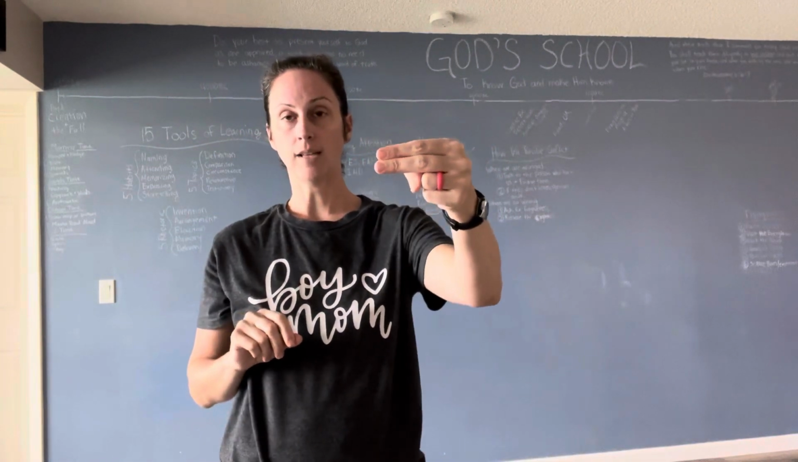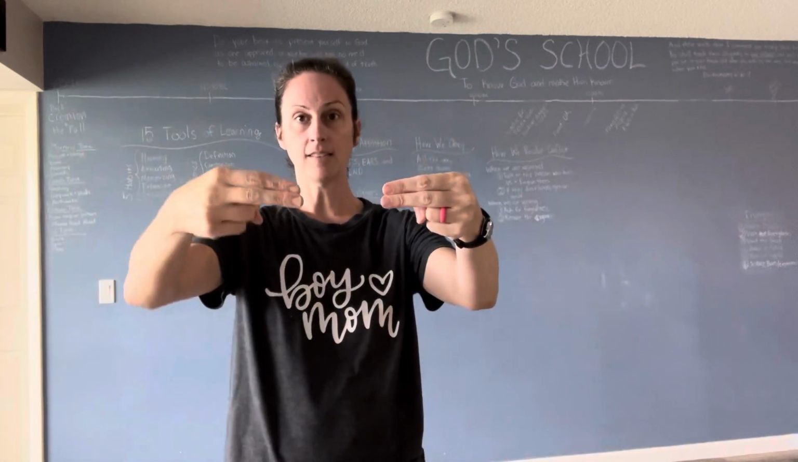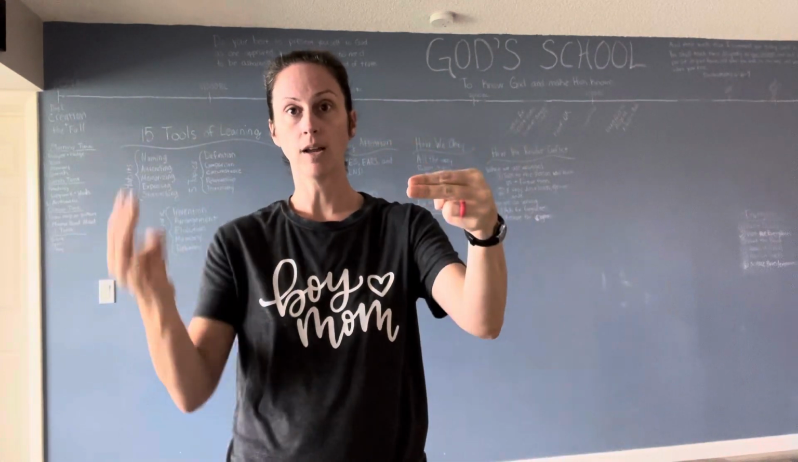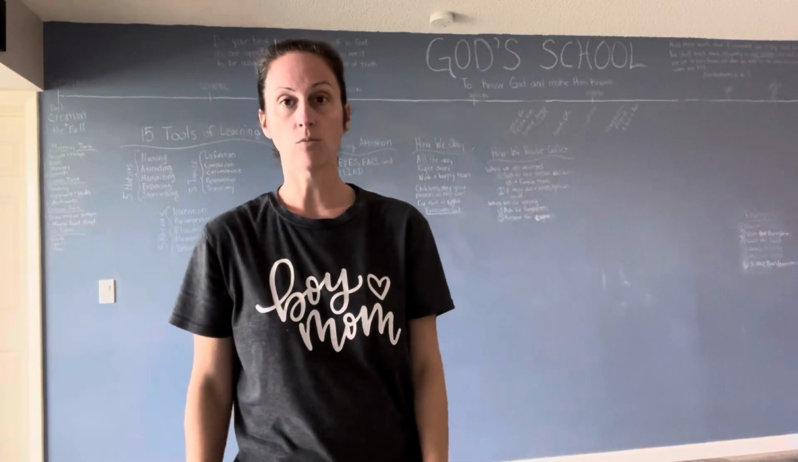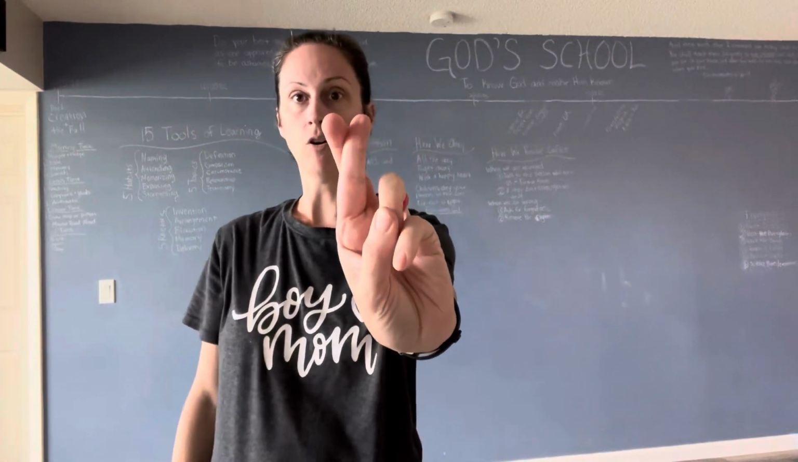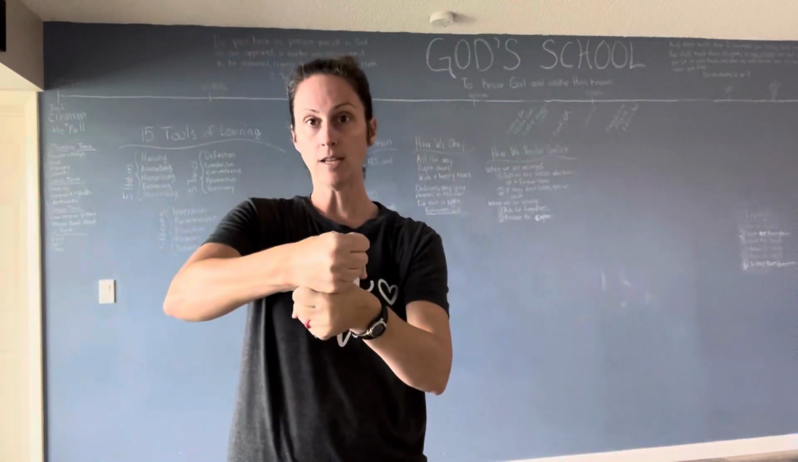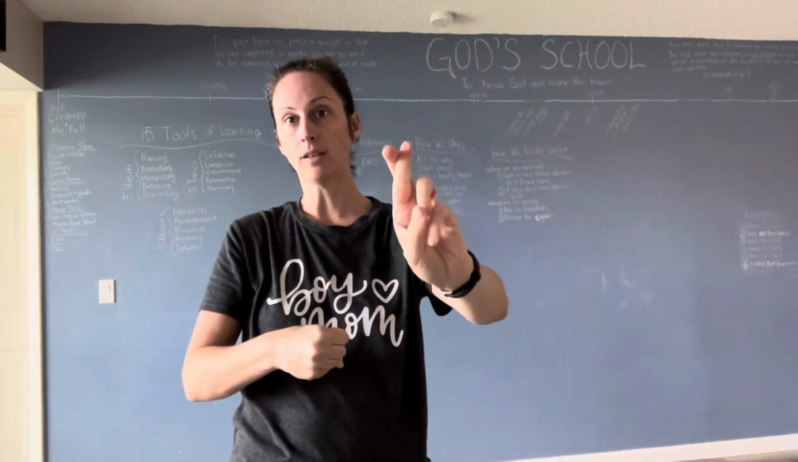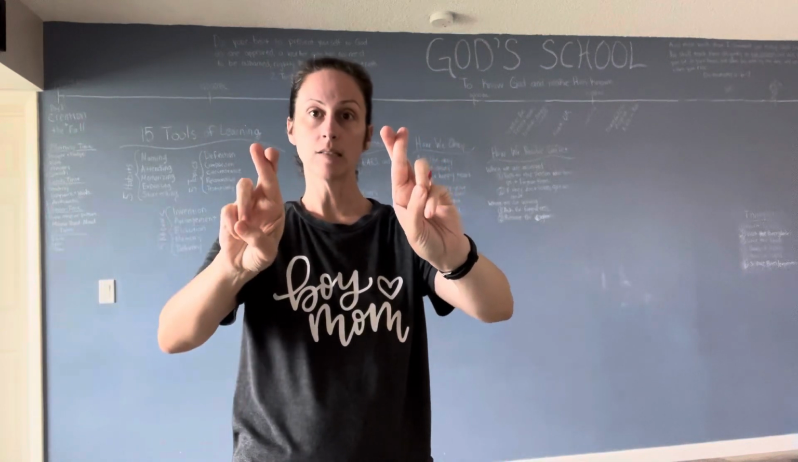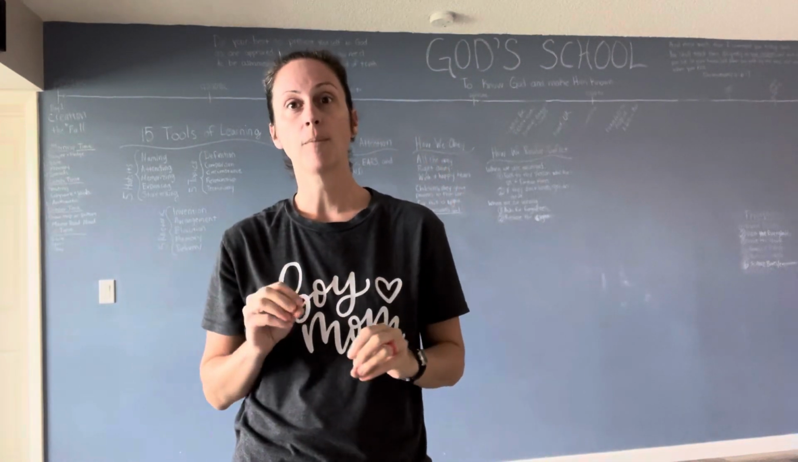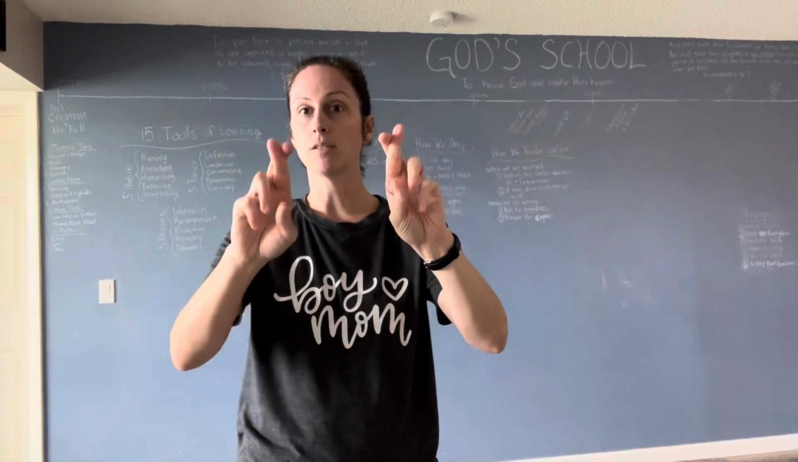Homer is a sign language H, and Hesiod, 2 H's. Homer and Hesiod. And then Rome is a sign language R, which is just crossing your fingers, is founded by Romulus, another R, and Remus. Sometimes if the kids are really little, it might be easier just to go Rome founded by Romulus and Remus,